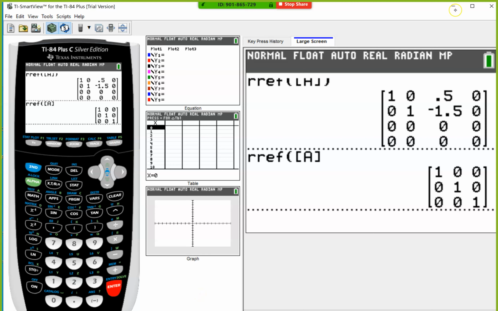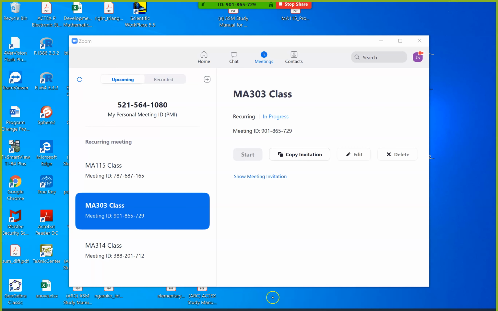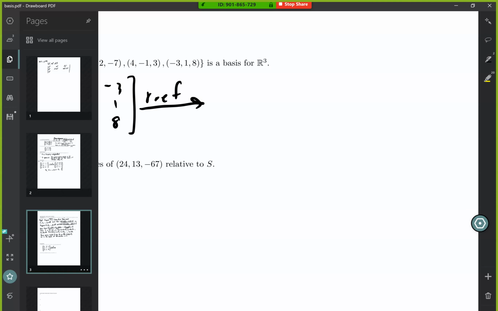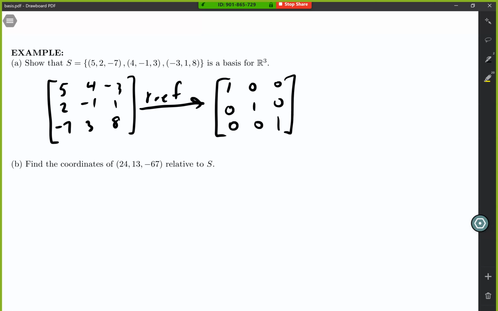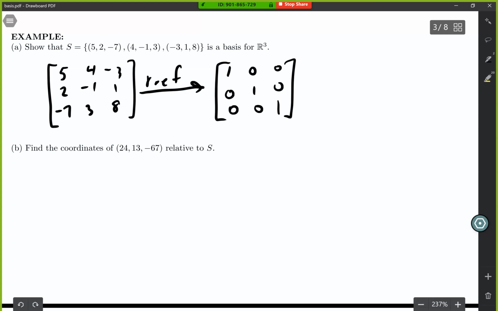And why won't you let me go back to what I was doing? Here we go. All right. So going back over here again, the reduced row echelon form gives me 1, 0, 0, 0, 1, 0, 0, 0, 1. So the second part asks you to find the coordinates of this vector relative to S. So what that means is, when we say the coordinates relative to a basis